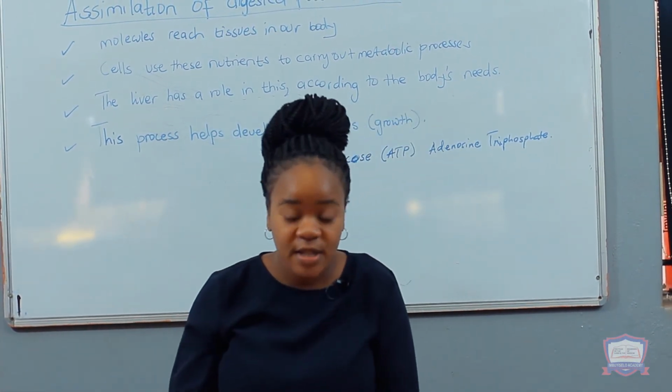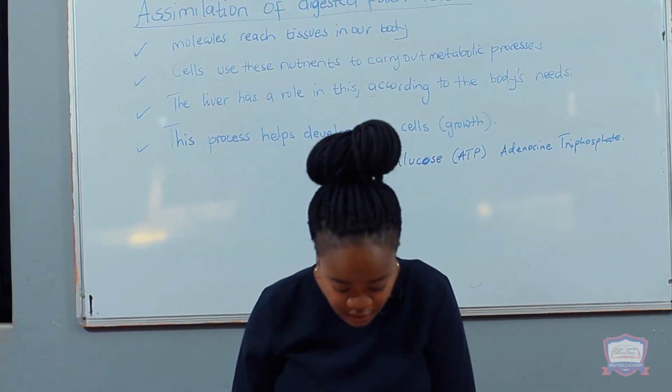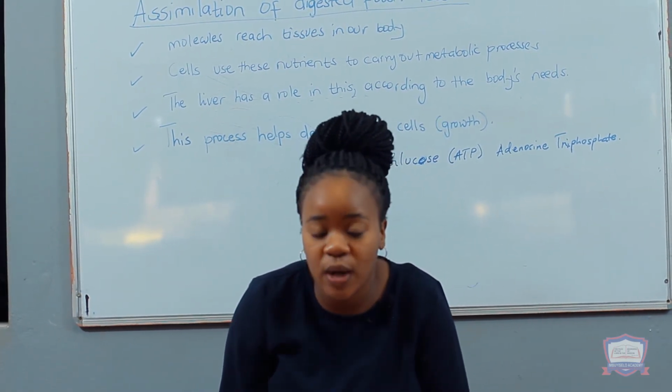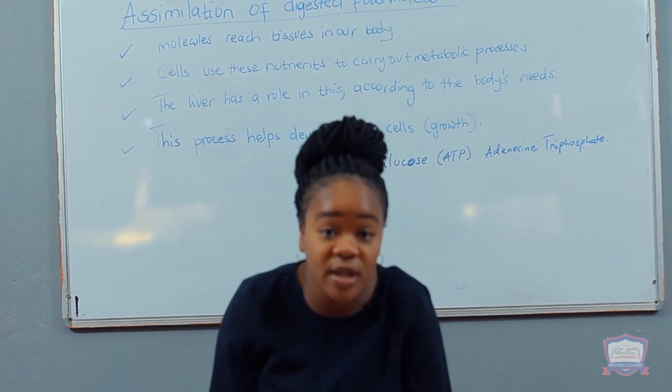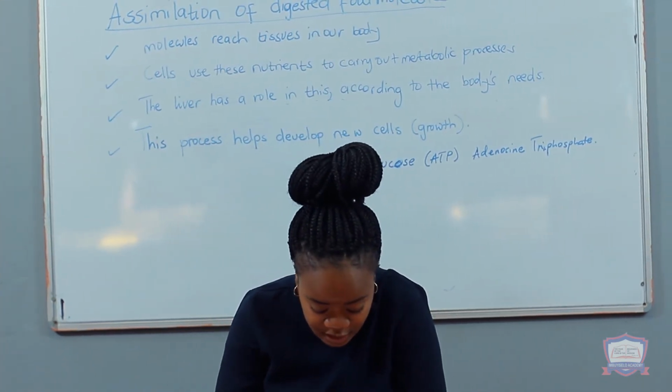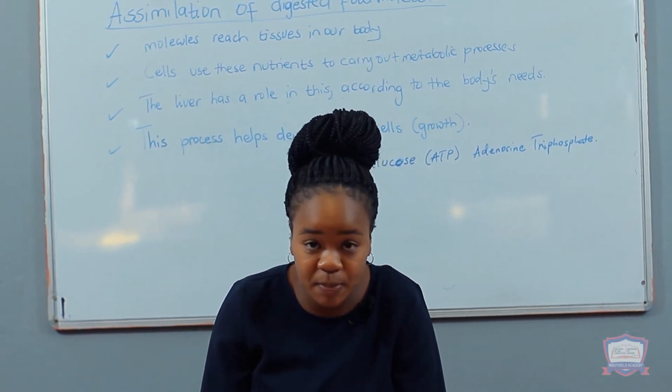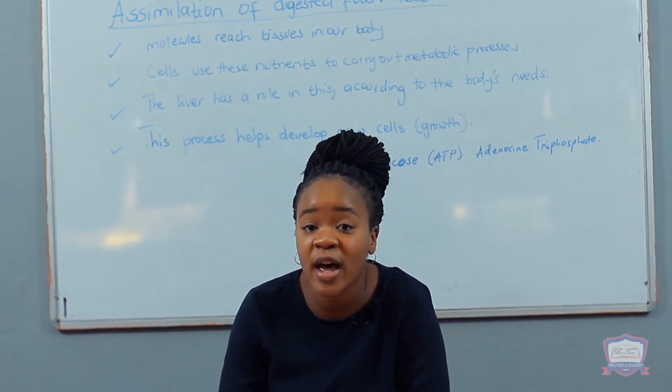That's the first function carried out through a process we call assimilation by glucose. This is why glucose is important for our body cells. It provides energy in the form of ATP so that the body is able to move and to carry out